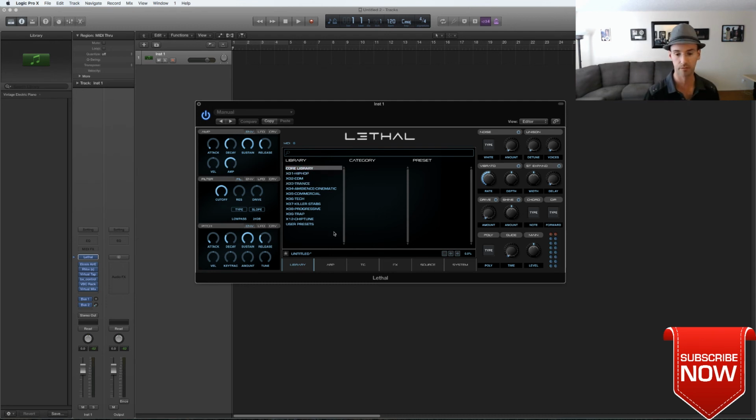When I'm dealing with synths or plugins, it needs to move really fast, and I want to be able to tweak the sound really quickly. What is special also is that it has a specific sound. The Lethal synth plugin has its own sound. And once again, you want sounds that stand out. You want to use that synth in combination with other synths so that it's even easier to mix at the end, because the sounds you use are really qualitative and they have their own character from the beginning. So that's absolutely key.